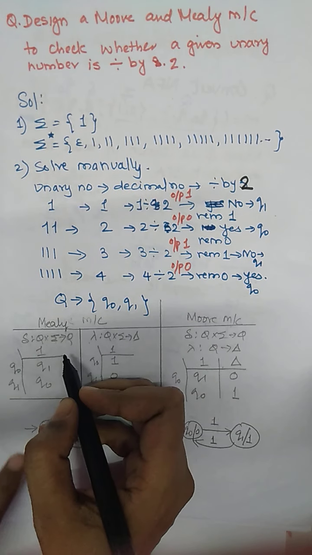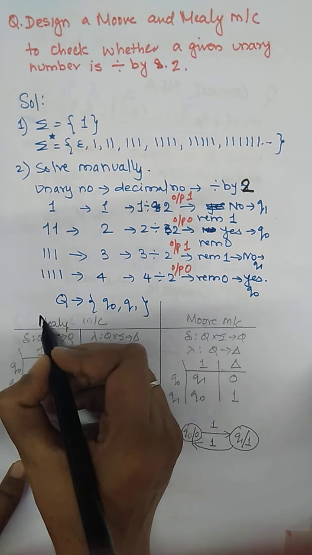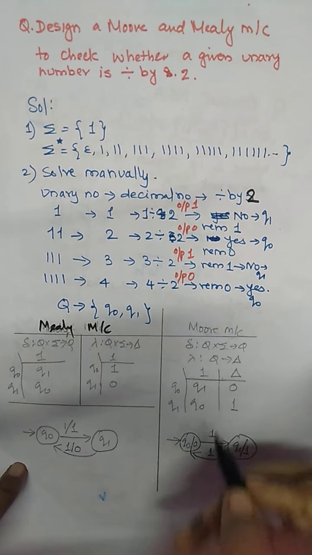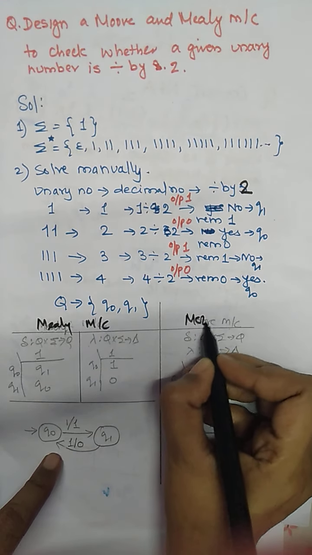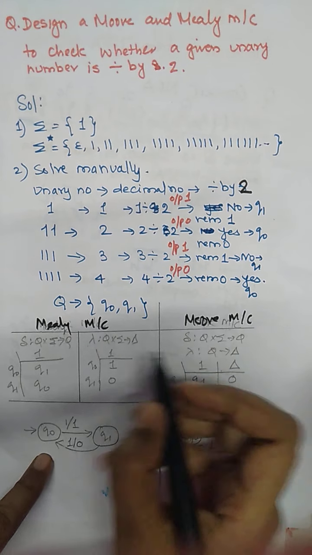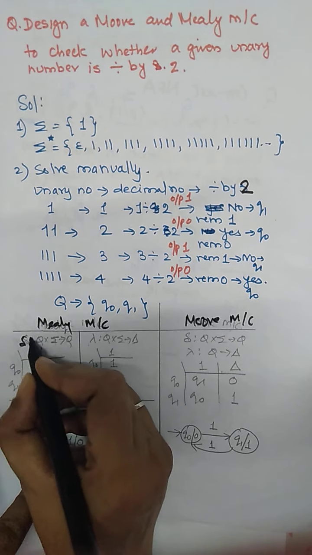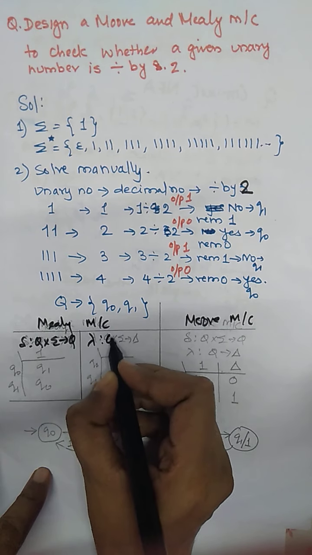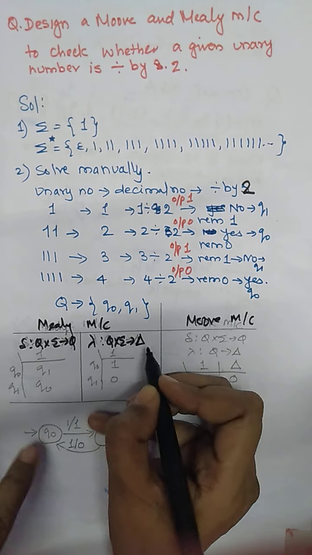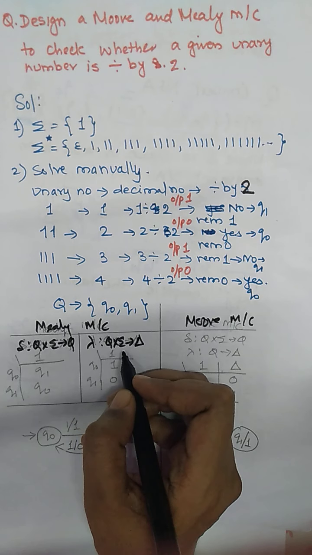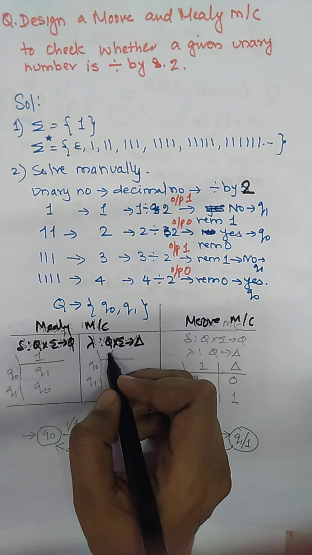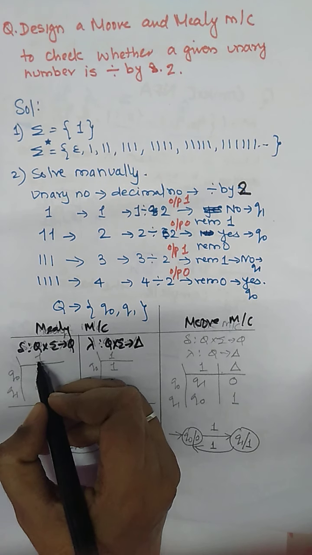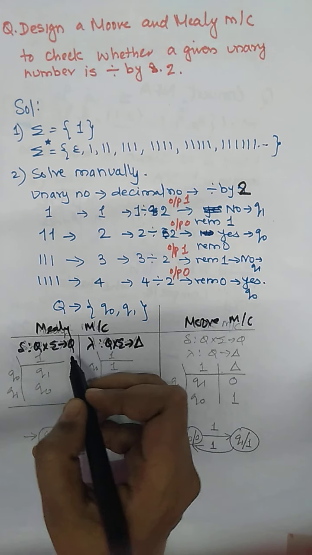Now we'll start the Mealy machine and the Moore machine. So what is a Mealy machine? A Mealy machine is nothing but an FSM that we are going to design. From the Mealy machine only, we are going to design the Moore machine. So what is there in a Mealy machine? In a Mealy machine we have to design the machine function and the state function. So what is the machine function? Here the machine function takes the input with the current state and produces the output symbol, whereas the state function takes the input with the current state and goes to the next state.